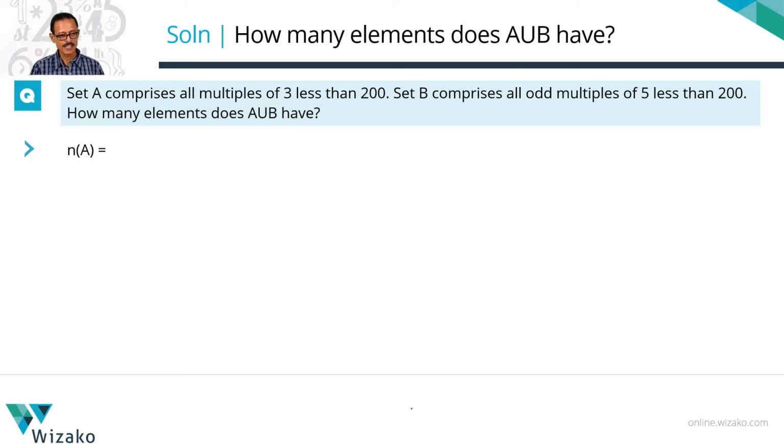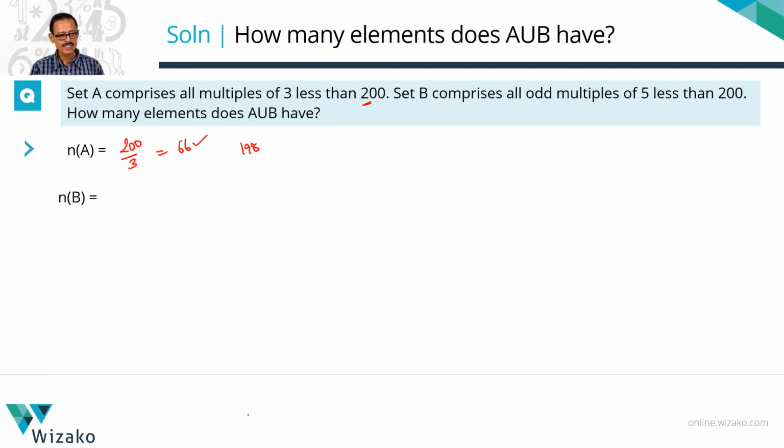Start with n of A. N of A, multiples of 3 less than 200. Easiest way to find out, because it's a very easy number to compute: take 200 divided by 3, because every third number is divisible by 3. The quotient of this division will give us the number of numbers that are divisible by 3 up to 200. Right? This is equal to 66. We'll have to validate one bit. The 66th multiple of 3 is 198 and it is not 200. We'll have to count numbers only less than 200. The last number in our series is 198, which is definitely less than 200. So we are spot on as far as counting n of A. So n of A is equal to 66.